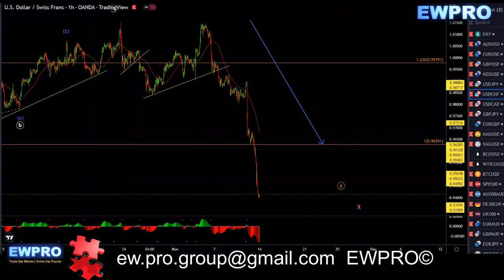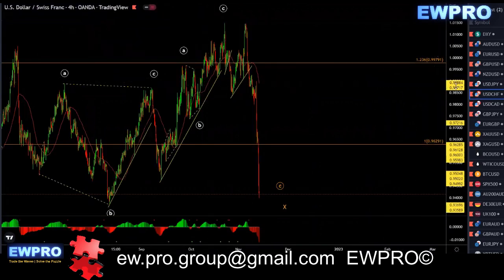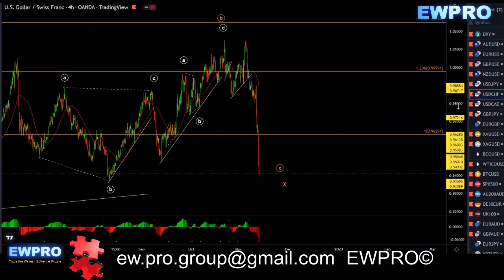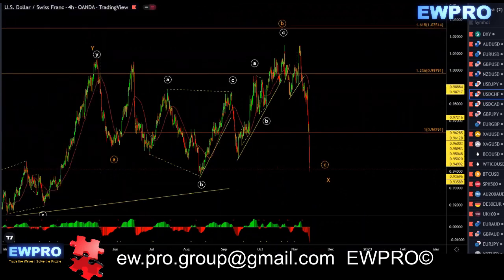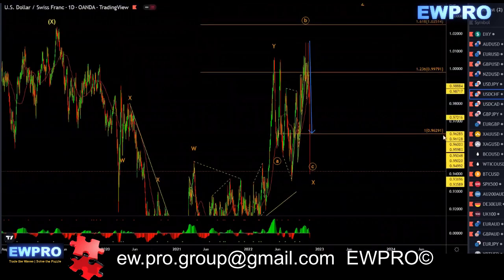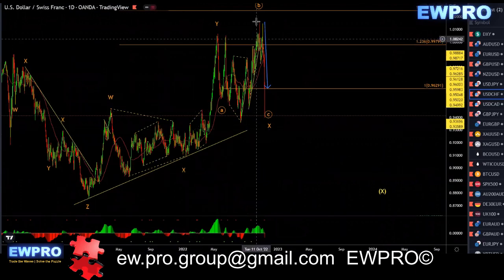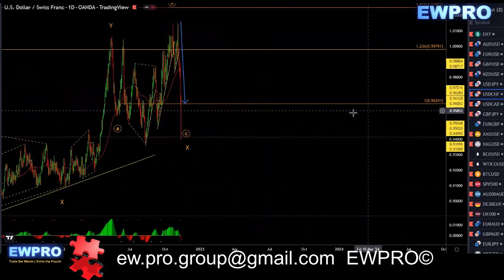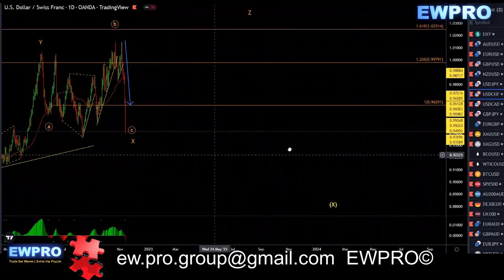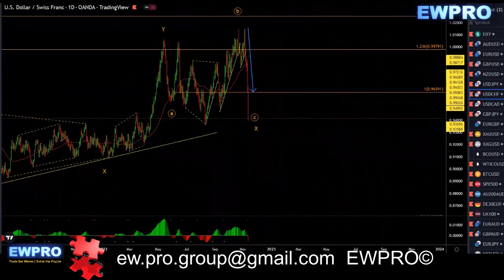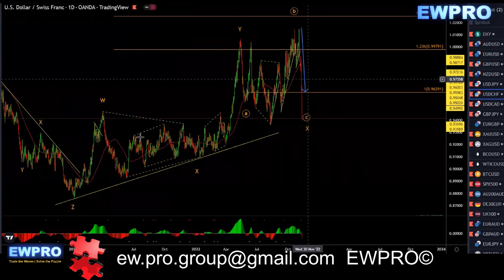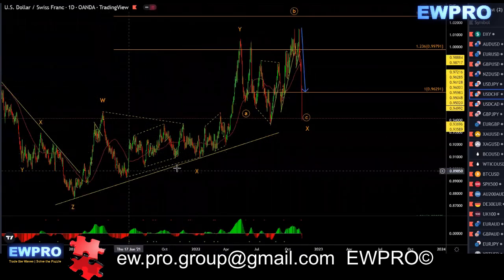The Swissy on the daily, on the H4, this one's really fallen over as well. If we quickly go back to the daily, you'll see that I was looking for this one down. It's actually turning into a possible expanding flat now. I was looking for more of a running flat and then more upside. It's turning into an expanding flat. We are looking for a correction of a similar size to this over here. We're starting to get that, but